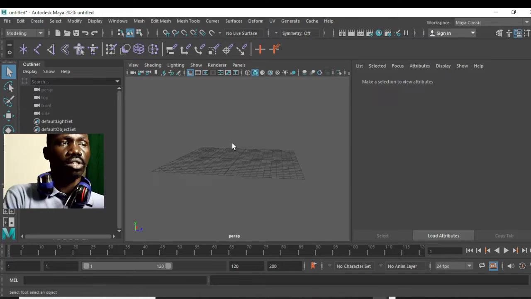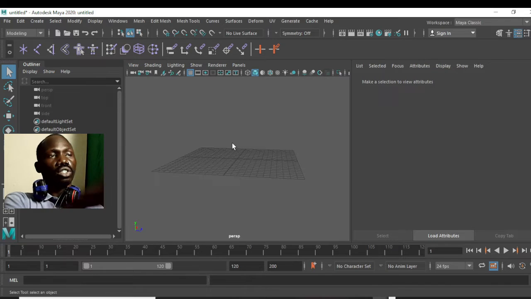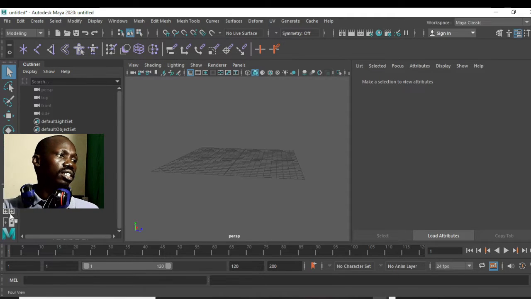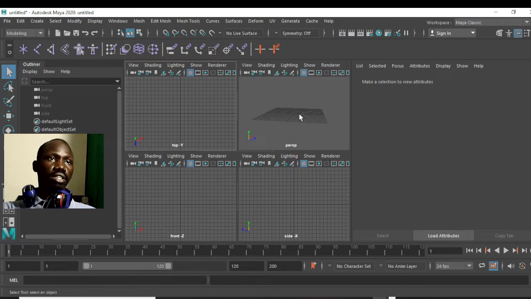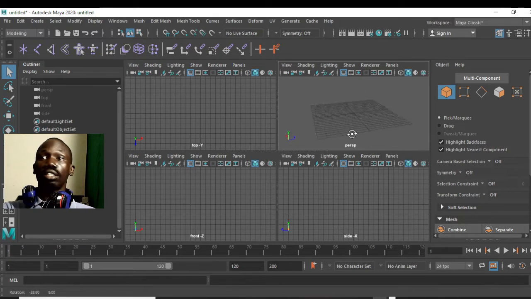This is the interface when you want to work on Maya. So what we're going to do right now is show some of the front tab view that can allow us to trace anything that we want to model within this software. There are some things here at the left side of the screen. Let's say this one. Here it allows us to view a perspective view where we can rotate the 3Ds,